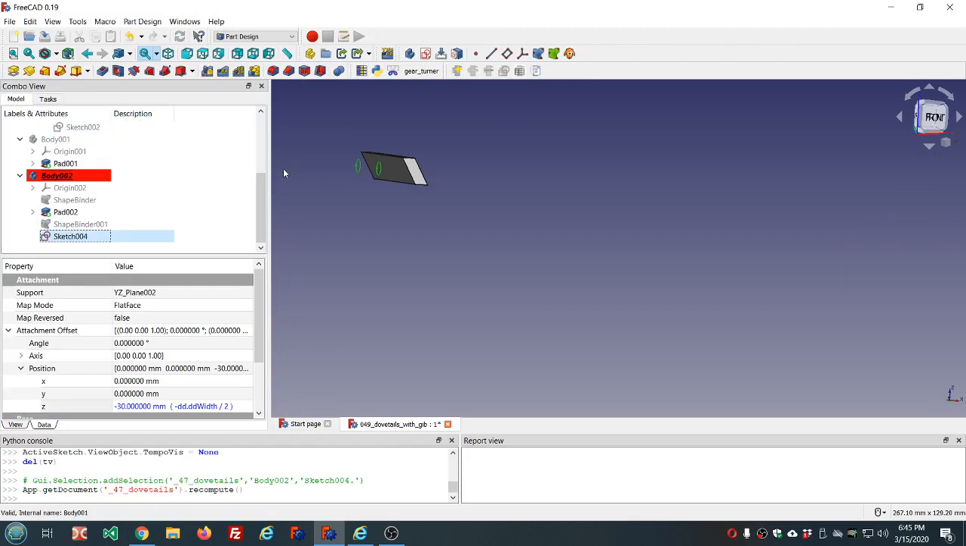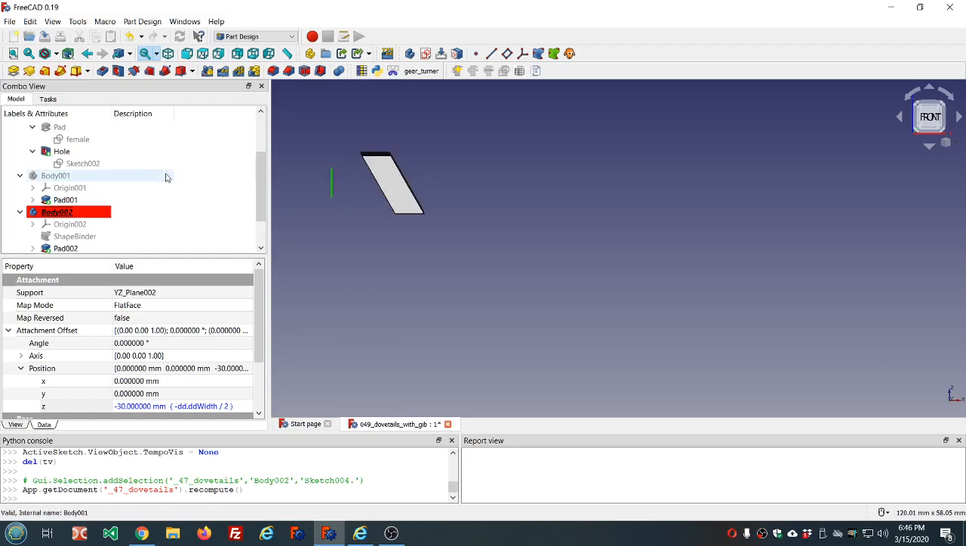And we can pocket this into there. But how far should the pocket go? We don't want to use through all, because we don't want the hole all the way through. Now I'm not sure what this dimension is. So what I'm going to do,